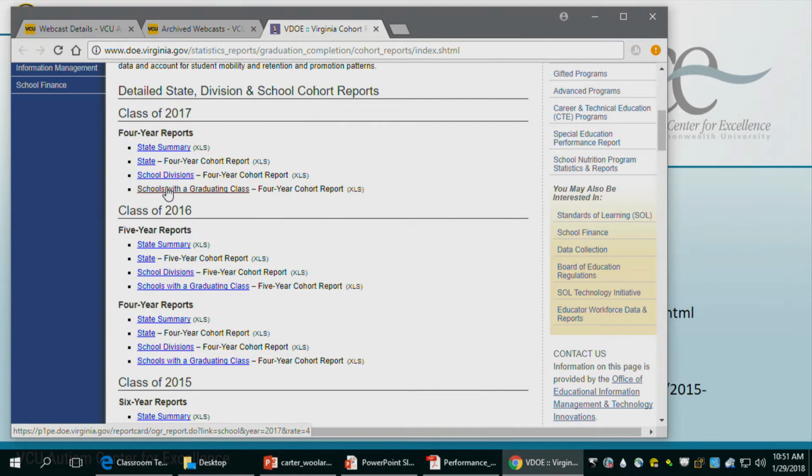And so some of the different pieces of information and data that are collected are the types of diplomas that students within that cohort receive, the number of students that drop out of high school within that cohort, the number of students who qualify for special education services, the pass rates of every single subgroup within that school division. Now, data is reported for subgroups that have 10 or more students within that subgroup. If there are less than 10 students within that subgroup, DOE does not report that data because they feel like it might be providing some identifiable information about specific students.